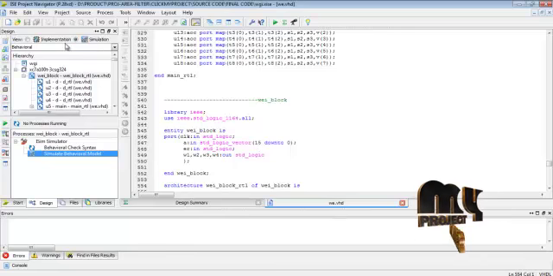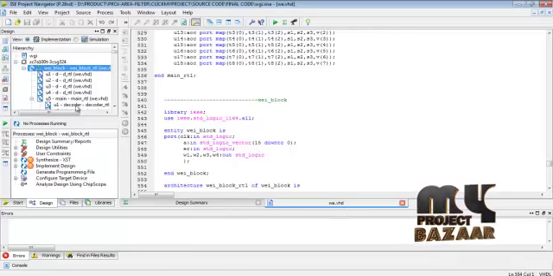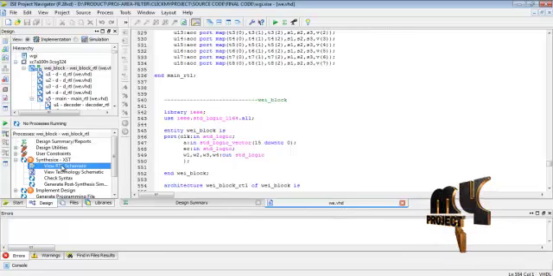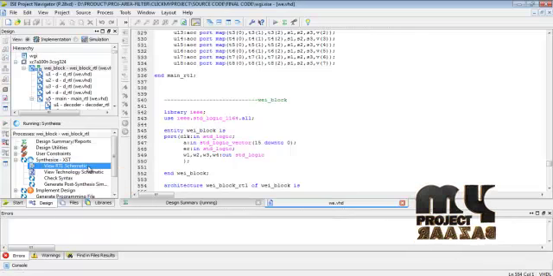Next we go into the implementation work. The implementation work is to create the view RTL schematic. We run the schematic diagram.